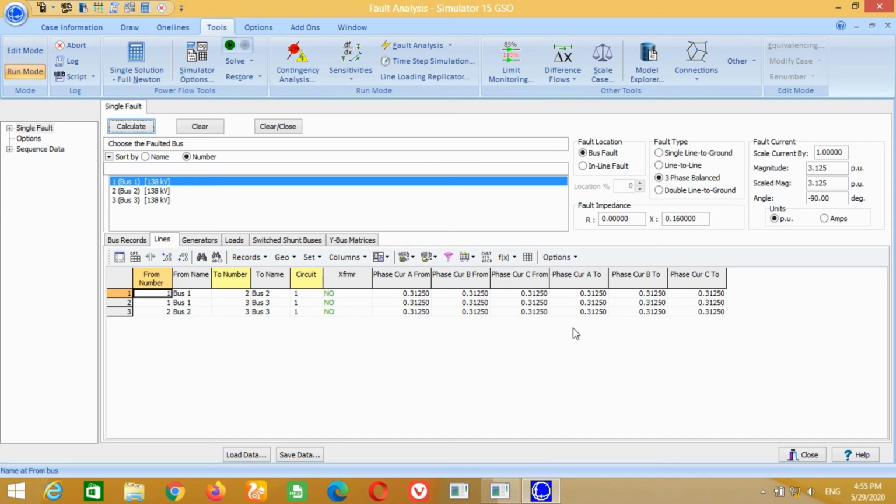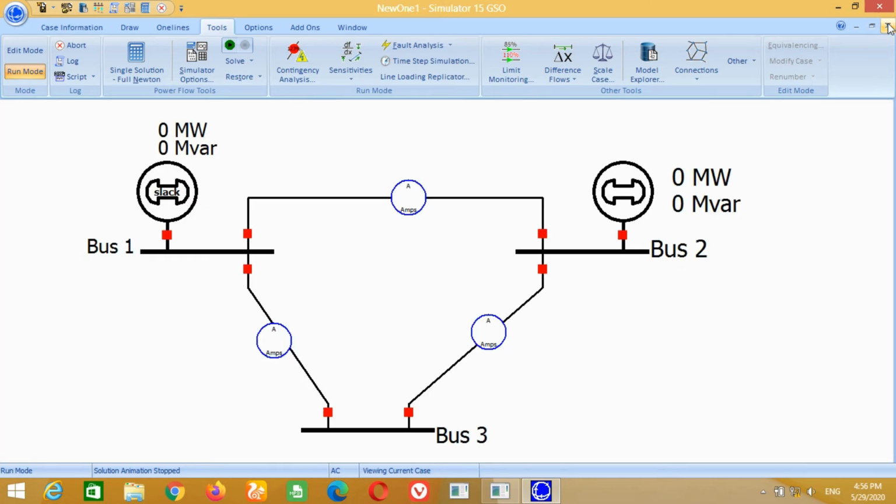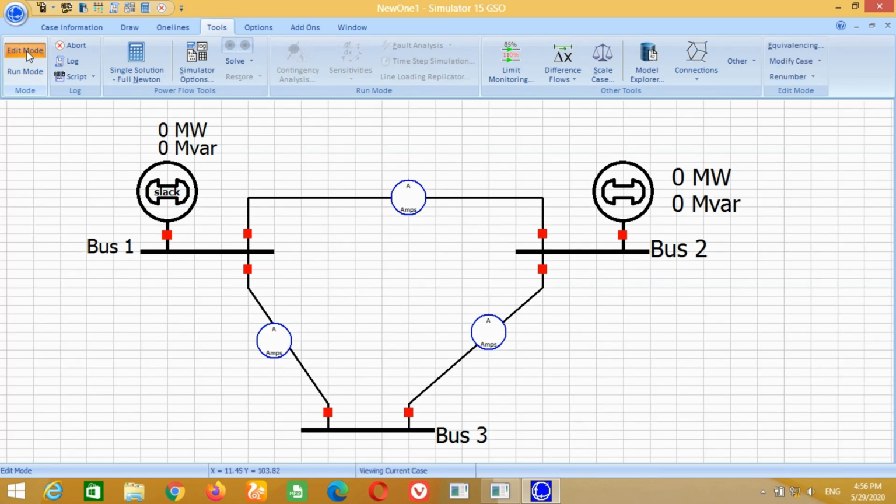Friends, in this tutorial, I have discussed how to perform 3-phase fault analysis in PowerWorld Simulator. I have discussed how to simulate three-phase fault and calculate the fault current, bus voltages, line currents in the PowerWorld Simulator. By doing the same way, you can perform three-phase fault analysis of any power system problem.